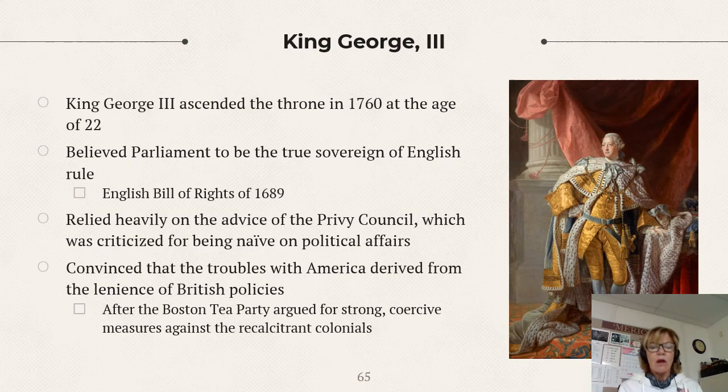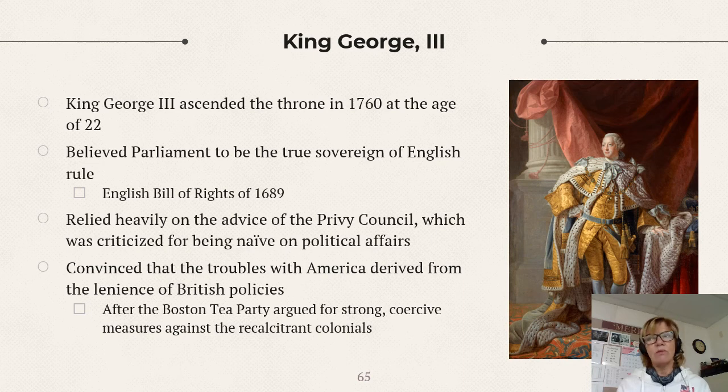Almost finished. All right, something that your book doesn't talk about, I don't think it does, is that the monarch at the time was King George III. Now, for a long time, the king or queen on the throne of England was actually born in another country, like what is today Germany. But King George III was actually born in England, even though he did speak German. He becomes king at the young age of 22. His father died, and then his grandfather died, making him king, right?